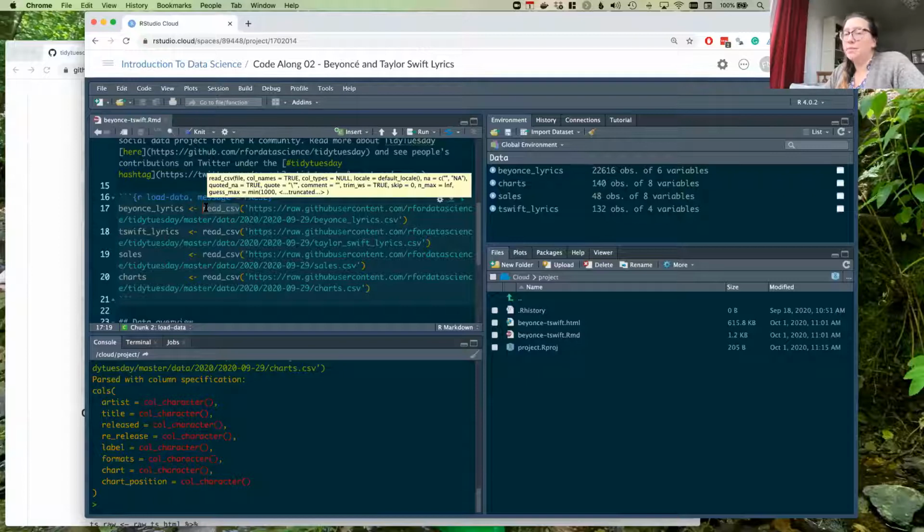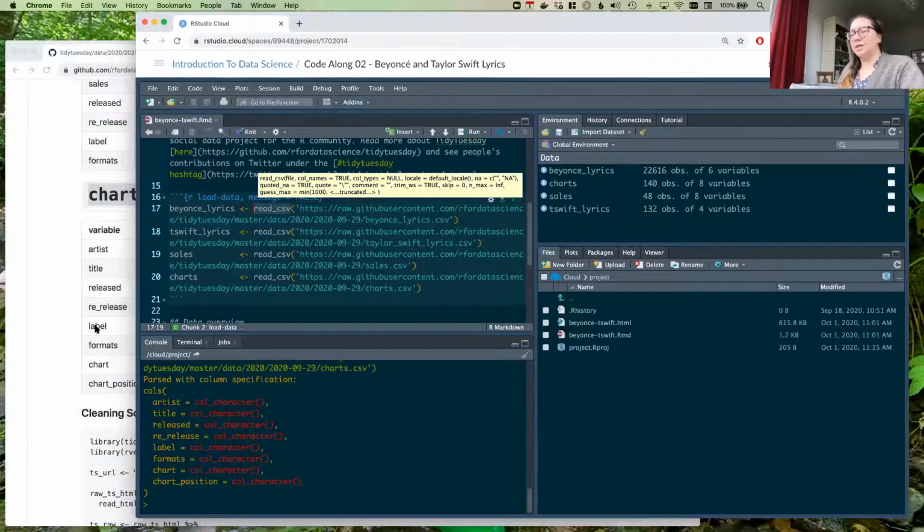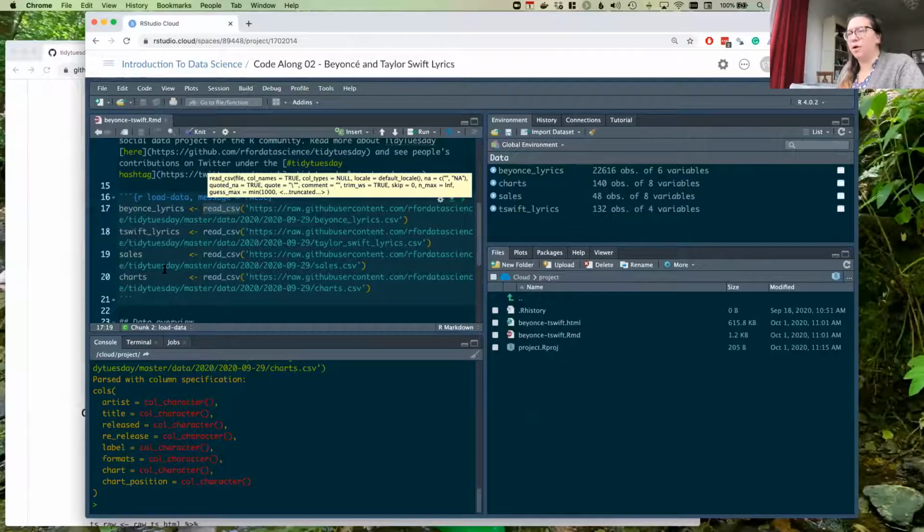So far, we've talked about only two ways of getting data into R. One was it's already in a package, so we load the package and we get the data with it. And the other one is it's a CSV file, and we use that to get our data. These are not the only types of data you might have, but these are the ones that we're focusing on for now until we get to the specific unit on importing data, and then we'll say more.